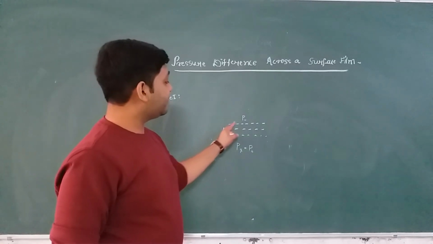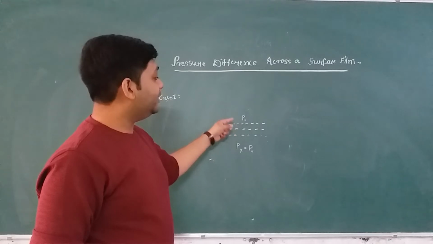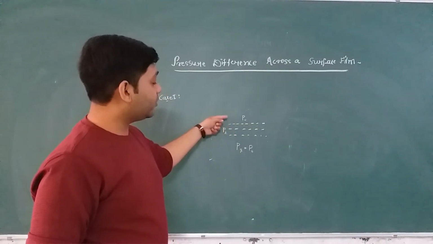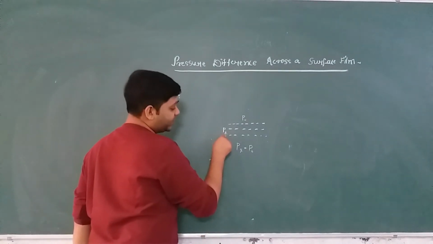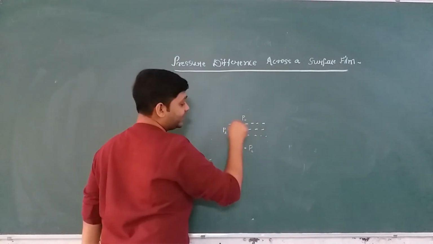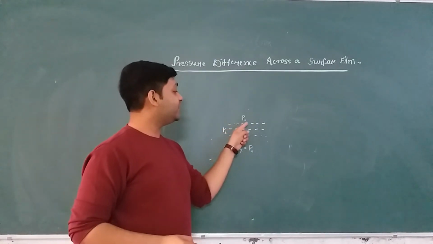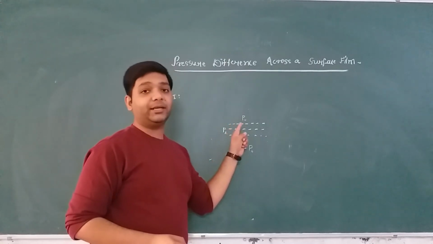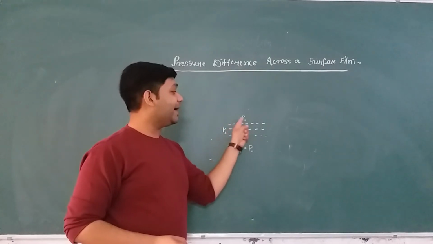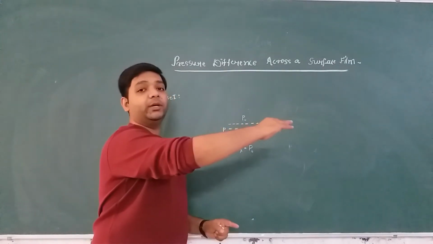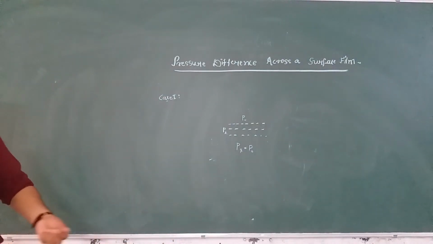Okay? So if the free surface of the liquid is flat or horizontal, then there is no pressure difference across the surface of the liquid. That means the pressure of the liquid and the pressure outside the surface, they both are same. Why? Because there is no component of the surface tension force acting in the perpendicular direction. Right? If the surface is flat, the force of surface tension will only be acting in the surface of the liquid. Right? So this is our case 1, and now let us discuss the case 2.